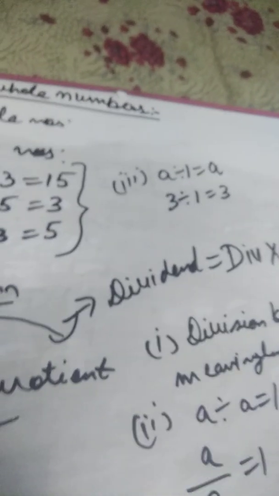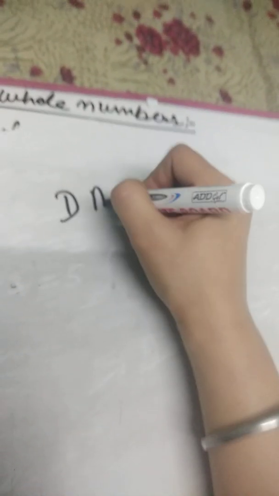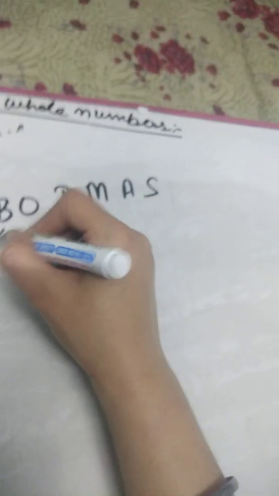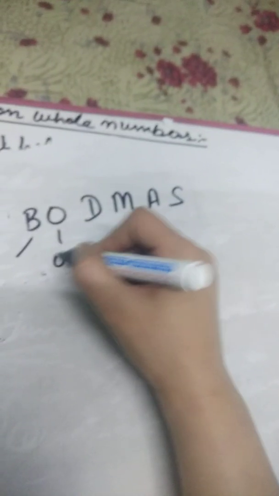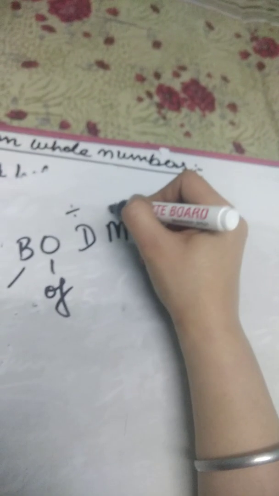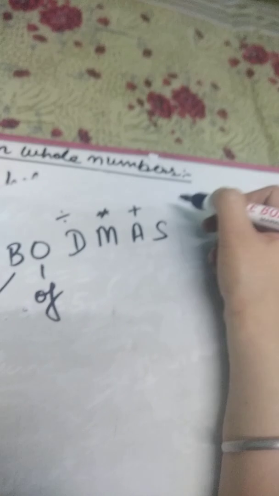Now next we have simplifying a given expression. Simply I will be telling you what it is. We are familiar with BODMAS, where B stands for bracket, O is for of, D for division, M for multiplication, A is for addition, and S